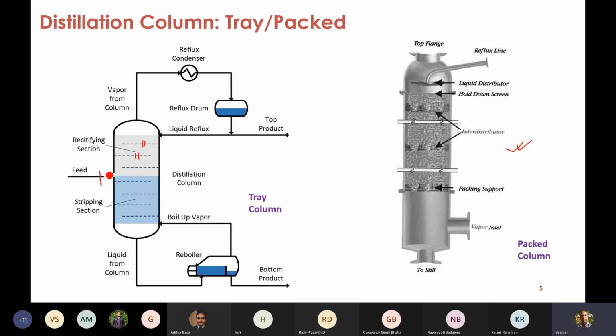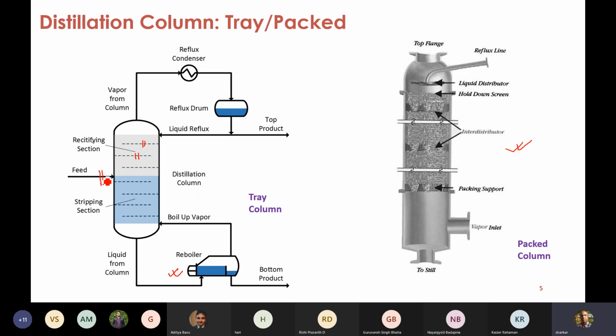You have this feed. So let us consider I have a binary feed A plus B. A is more volatile than B. That means A's volatility is much higher. It has a lower boiling point than B. Okay, so the feed enters somewhere in the middle of the distillation column. And you see at the bottom there is a reboiler. So the feed will come to the